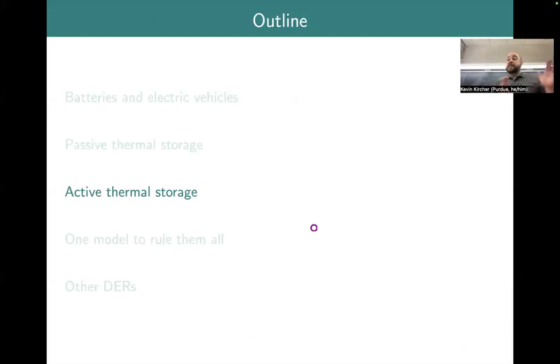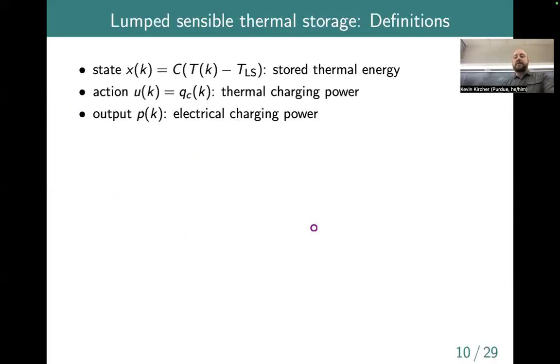All right, so that's passive thermal storage, basically taking advantage of the fact that there is energy storage capacity in the air, the thermal mass of buildings. But what if we want something more intentional than that? We talked about various ways that we could model and implement more active thermal energy storage systems. So we talked about sensible, meaning we change the temperature. And we talked about a lumped sensible model, meaning we assume that the temperature everywhere in the storage tank is